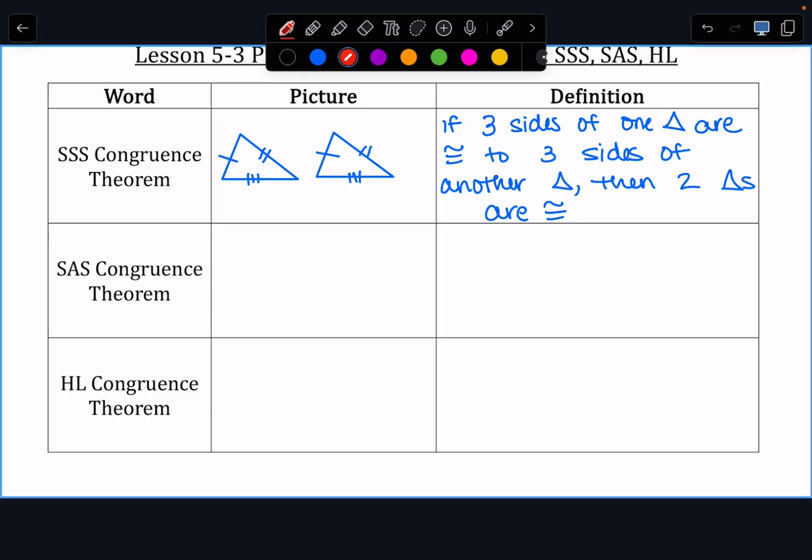Now, our next one is SAS. What do you think that stands for? It is important that the angle is sandwiched in between the 2 sides. So, if 2 sides and the included angle are congruent to